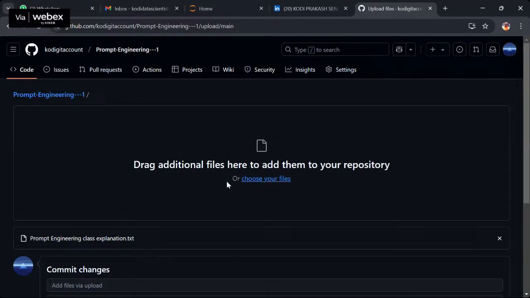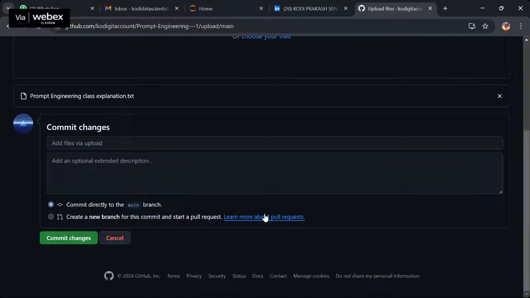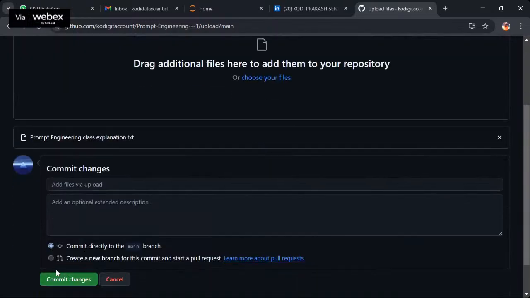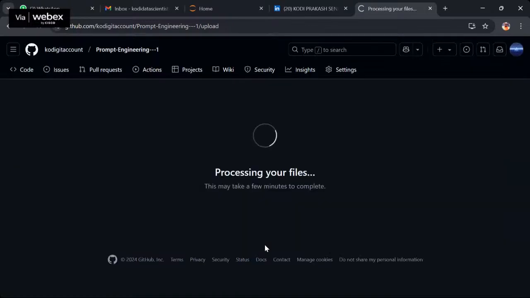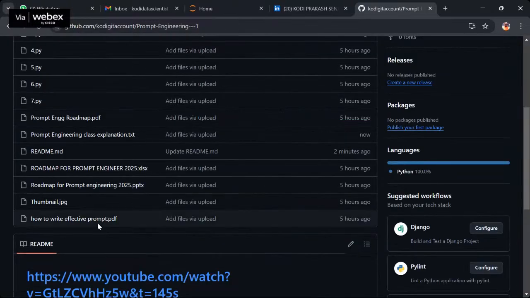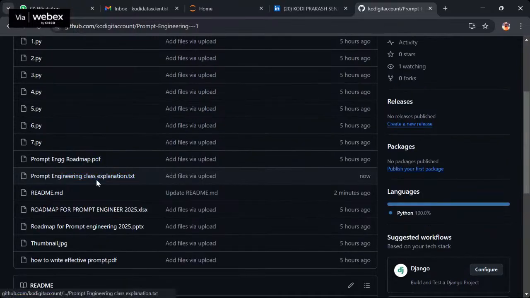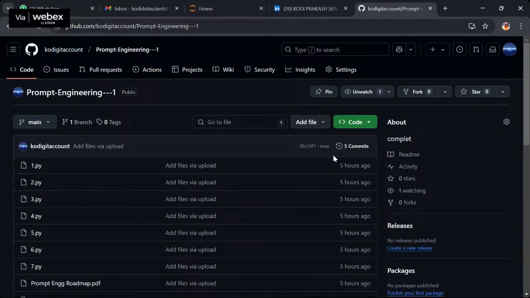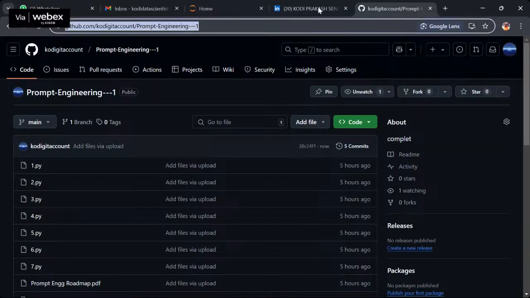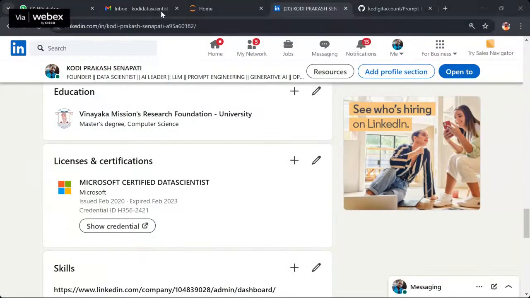Yeah, see GitHub, everything you have, guys. Just commit changes. Okay, thumbnail, PDF text. Okay. So guys, I will share this file to you, prompt engineering part 1, and in the GitHub. Okay. So if you have this,